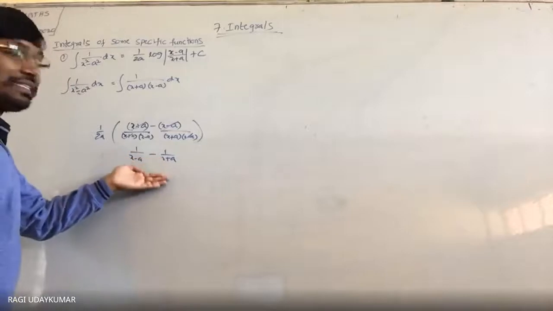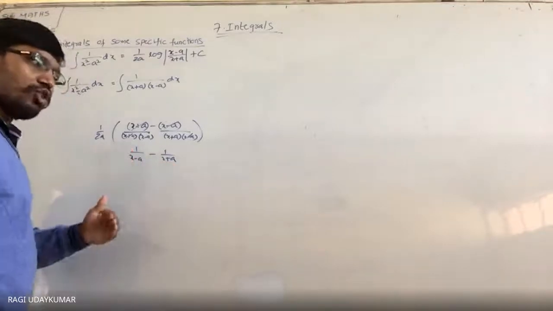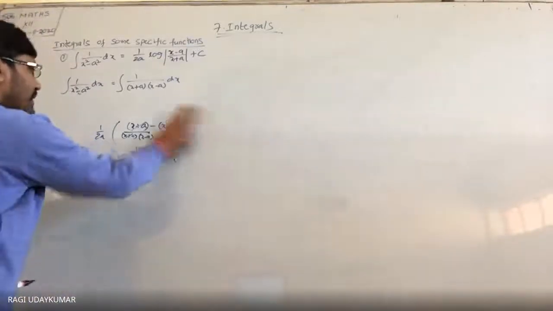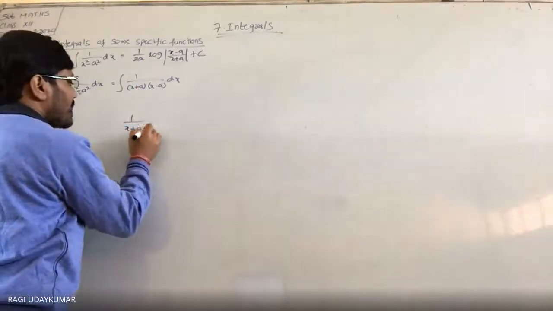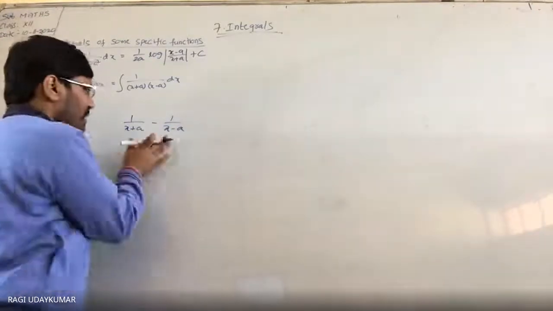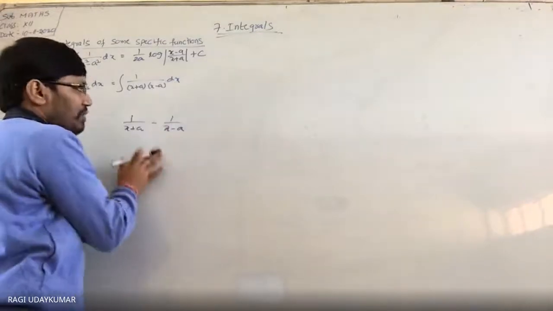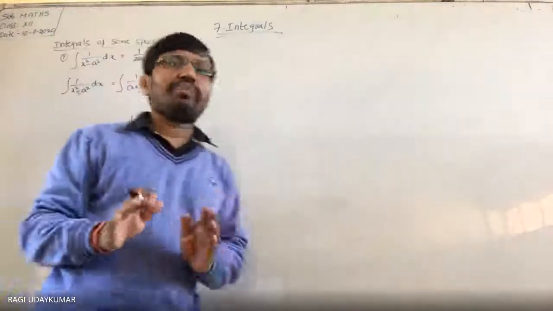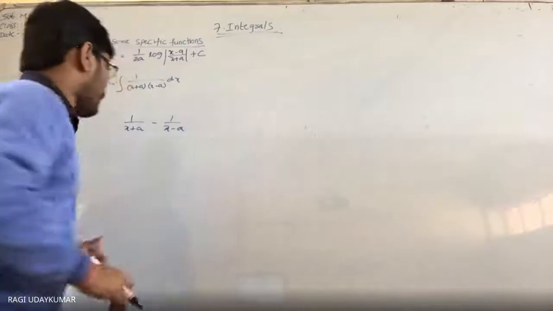If you are having this in this form, then these two will be there. Now come back to front, split this. Suppose you want to split like this, and you cannot remember this. Suppose you are not able to remember this, you write this as 1 by (x plus a) minus 1 by (x minus a). First come in reverse order. We need this one, product to sum, but we cannot write it directly. I am explaining this to motivate you how to remember directly instead of memorizing.